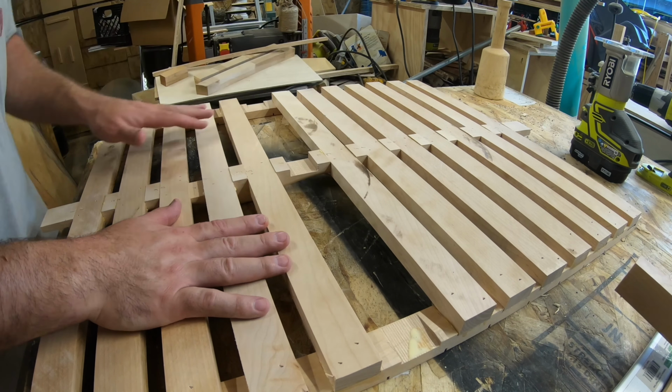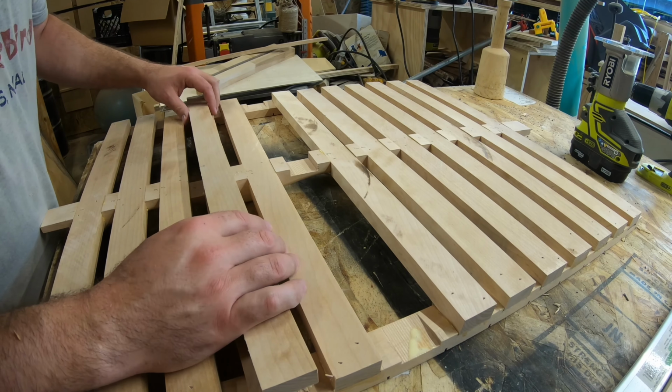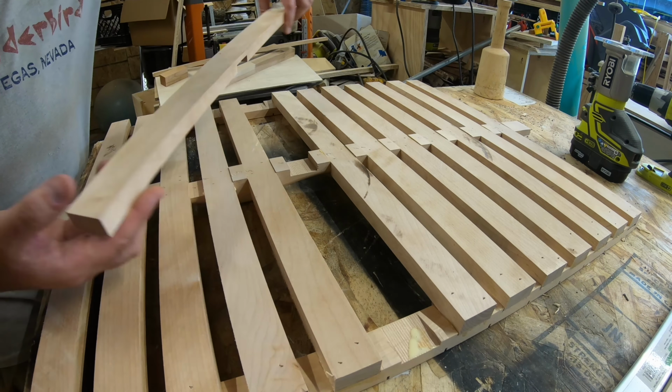Alright, I want to bring you back for this long. These are all glued and pinned. So I'm going to bring you back for this last one. As you can see, the way I kept it organized, I went through and labeled them all, and the number correlates with the number here, and they were side by side. So this sucker is going to go in just like that and pop out. There's only 13 of them, so no real way for me to really mess it up, but you know, give me an opportunity, I'll find a way. So I'm just